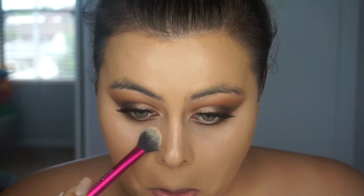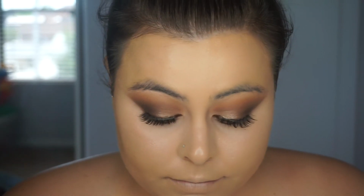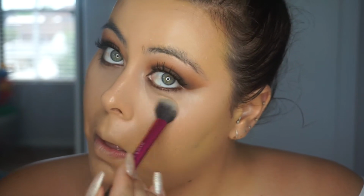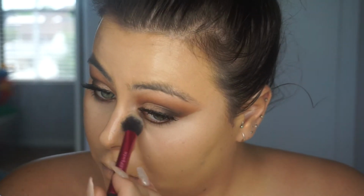Okay, so I'm just going to grab a small Real Techniques brush and I'm going to set underneath my eyes. Should get all under there so that concealer won't move, and my highlighted areas, so my nose, my chin, top lip,